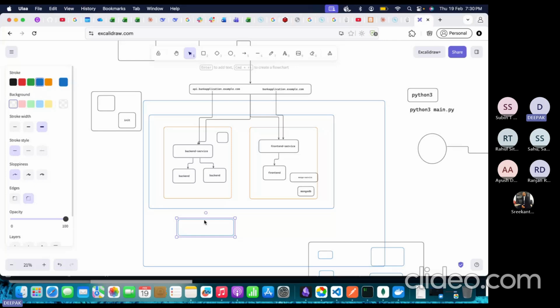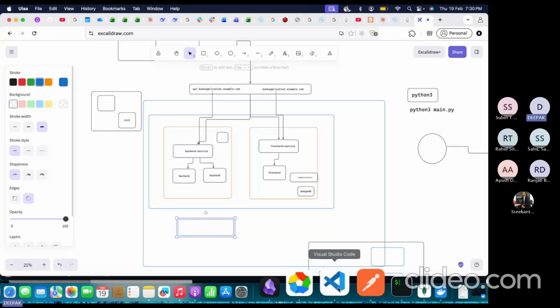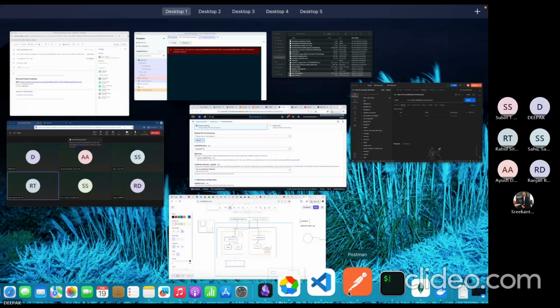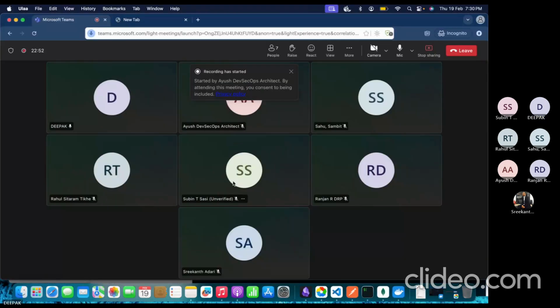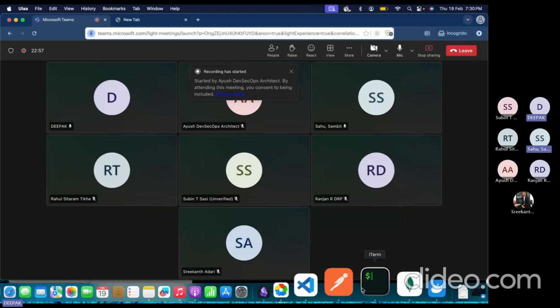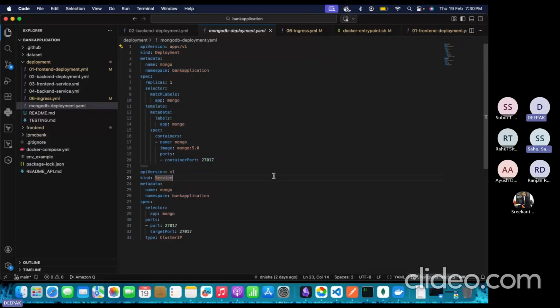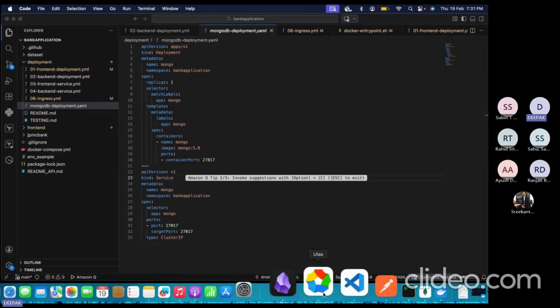Is this clear? Yes. Okay, Rust. For Rust, is this clear? Yes, get it. Okay. Okay, now what we were basically